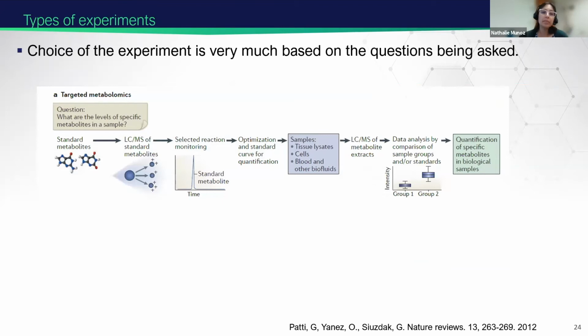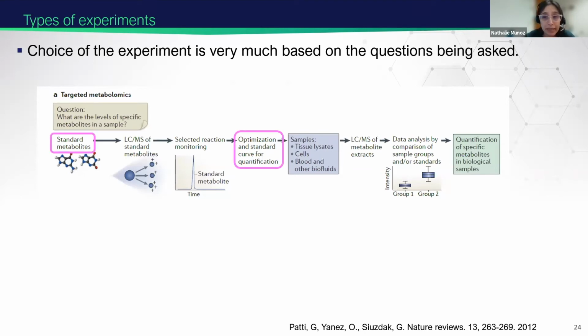Okay, moving to the type of experiments that you can do when you're doing metabolomics. With both platforms, MS and NMR, we can do targeted or untargeted metabolomics approaches. They're both possible. We use targeted metabolomics when we want to answer questions about the levels of certain metabolites that are present in a sample. We don't want to measure all. It's a very specific question. In this case, we need to have